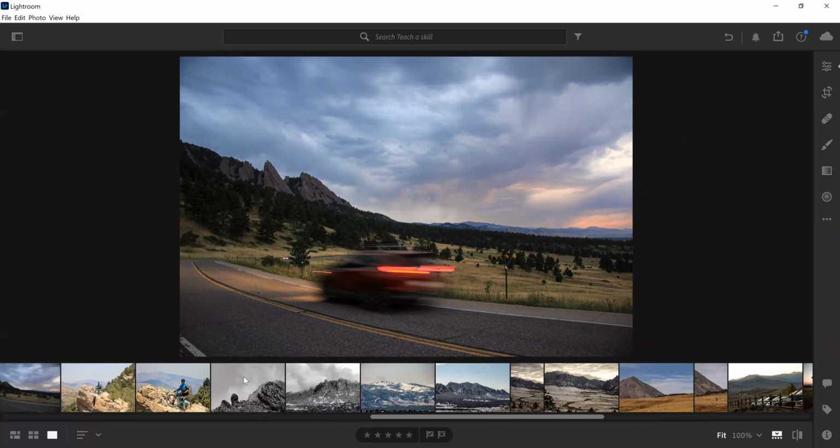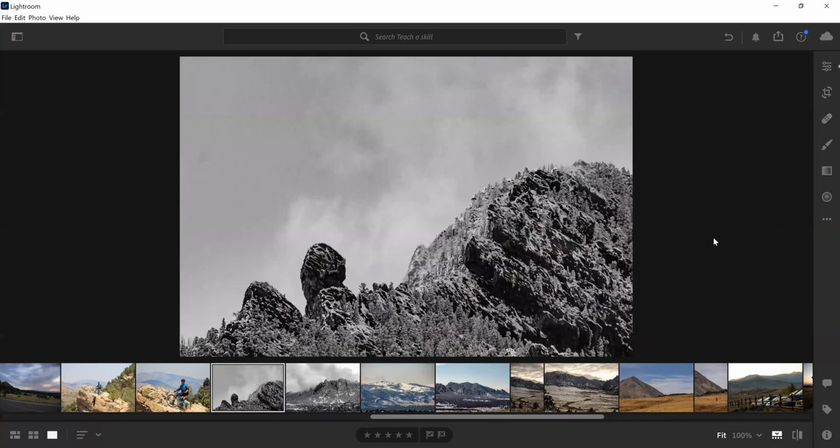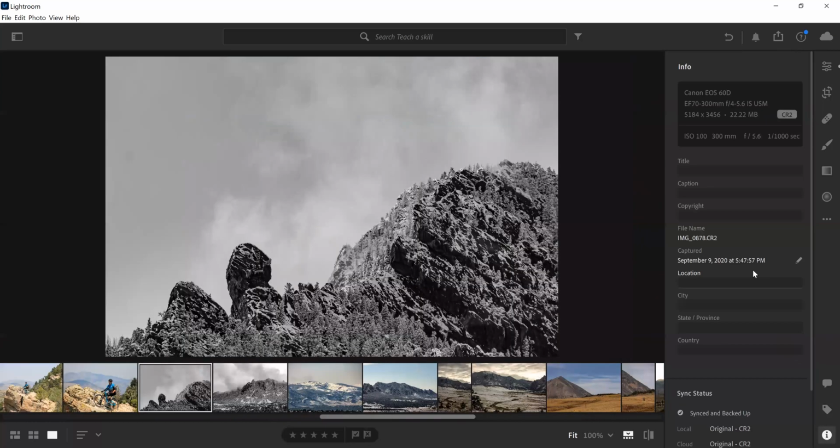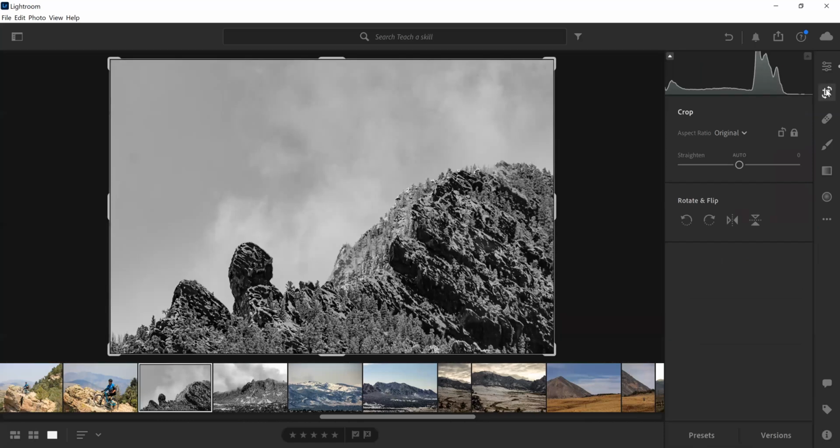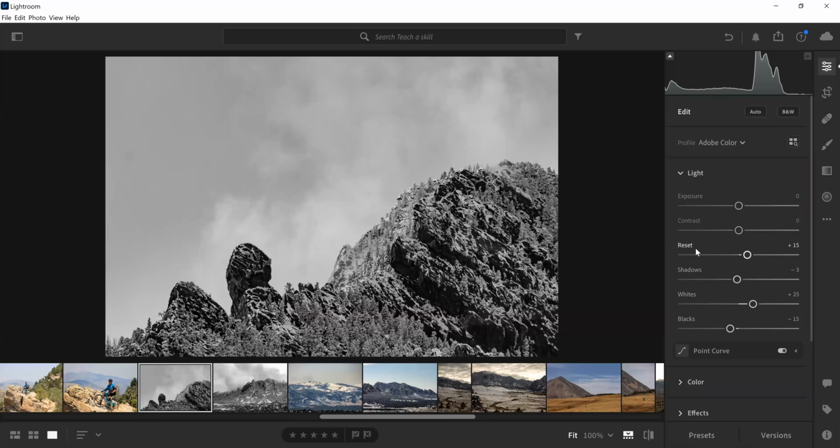I'm gonna skip forward to this photo, which I really like. I took it in El Dorado Canyon back in September or so. ISO 100, 1/1000th of a second, so it's nice and light out. F5.6, that's the best my 300mm lens can do. But did I crop it at all? No, I didn't. It's basically just a zoomed in detailed photo, but if you're trying to go for both of these, if you're trying to go for that texture,